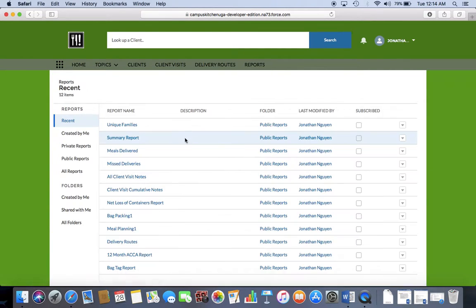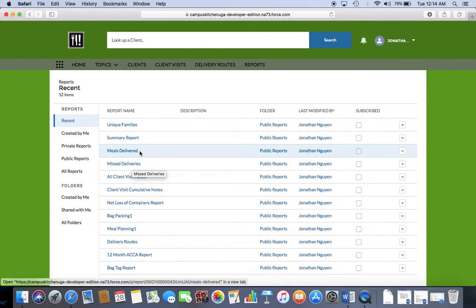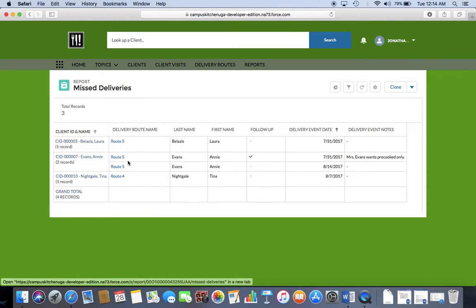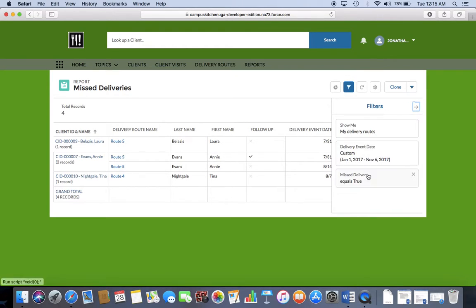Going back to reports, let's see what we have left. We need to do missed deliveries. So missed deliveries, we want to see which ones were delivered, and there were some criteria here, so kind of 2 in a row or 3 of the last 5. We were not able to deliver the 3 of the last 5 functionality, but what we did instead was pull those missed, you can see the exact filters here, missed delivery equals true, and then ordered that from the date that's